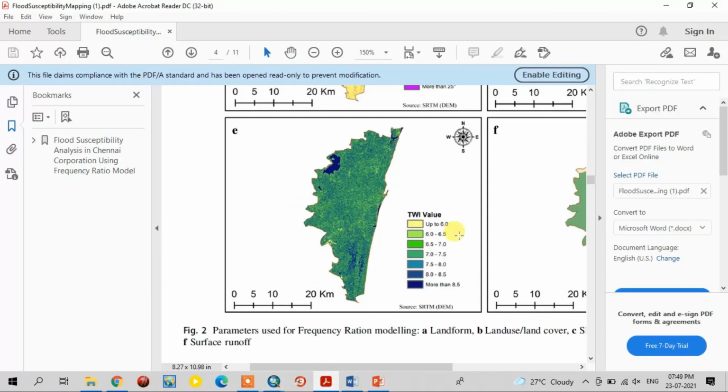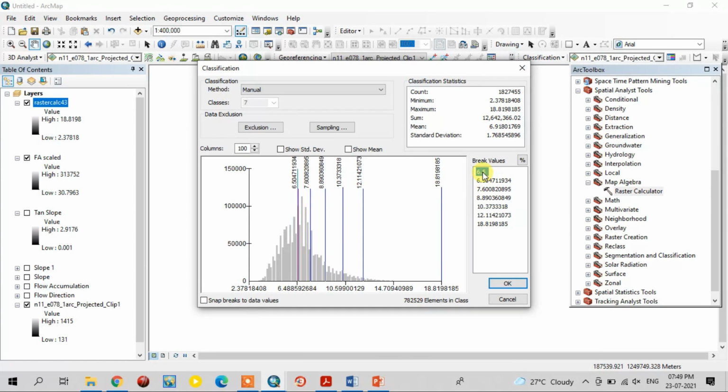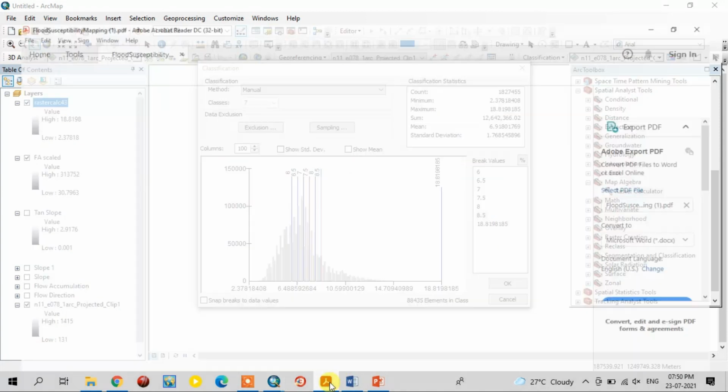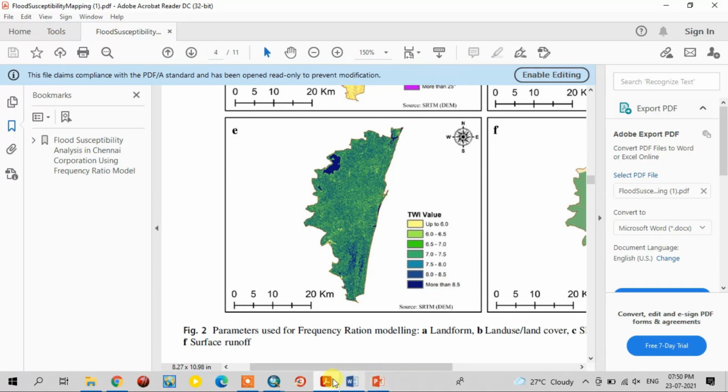The second class interval is 6.5, the third one is 7, the fourth one is 7.5, then 8, 8.5 and more than 8.5. This is the standard class.